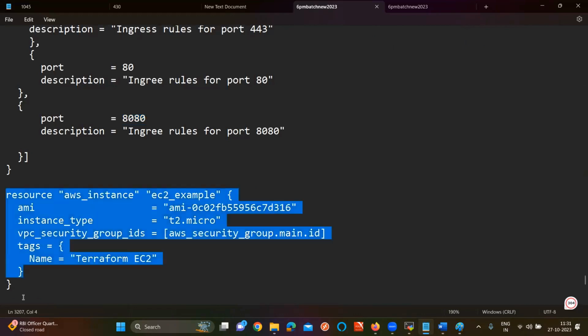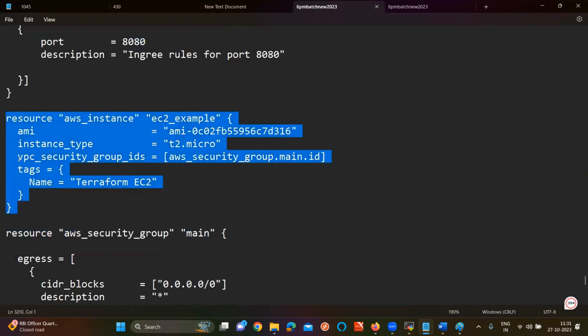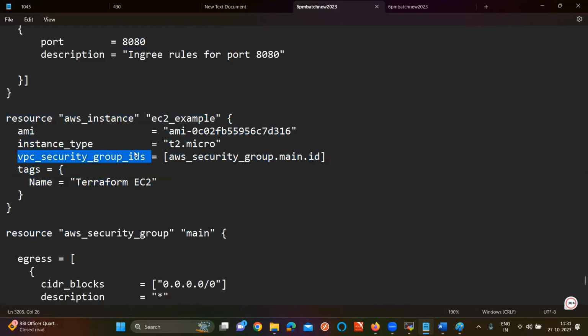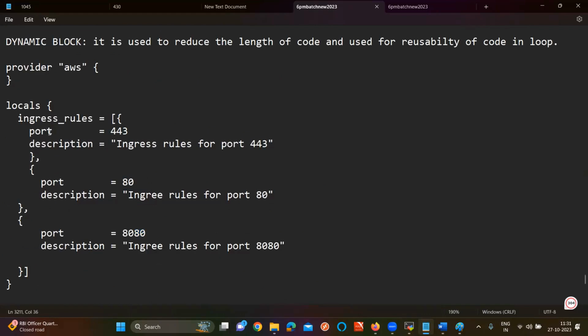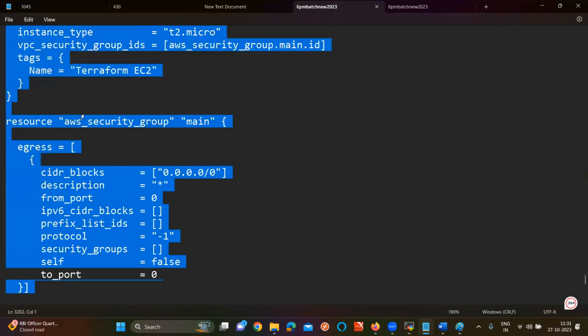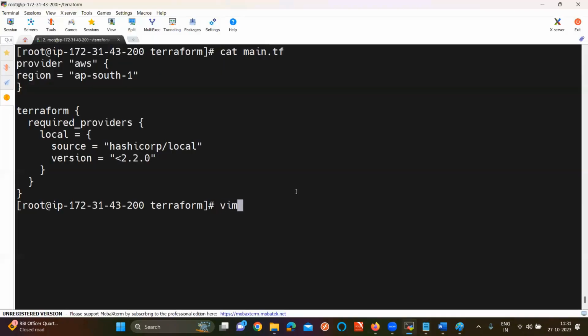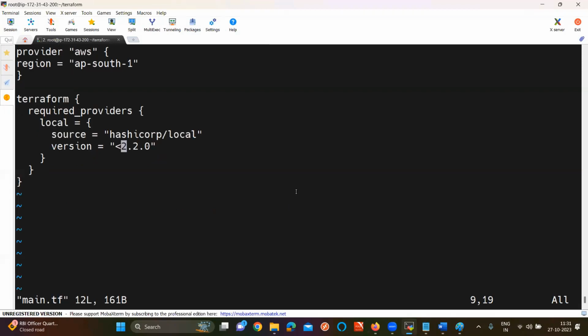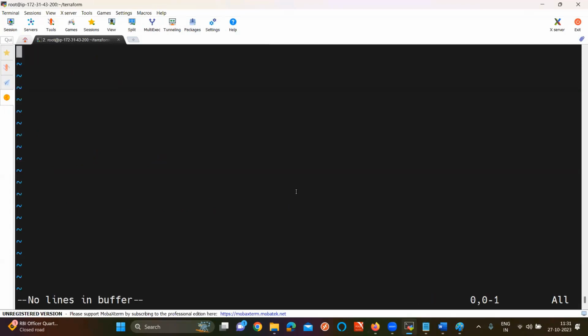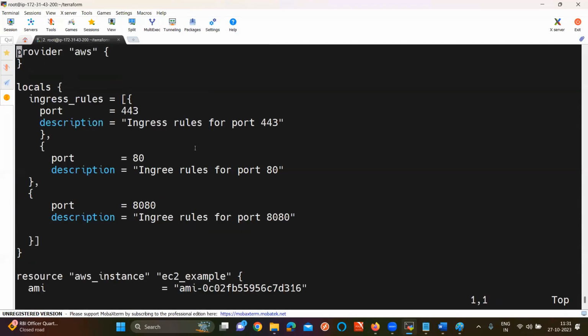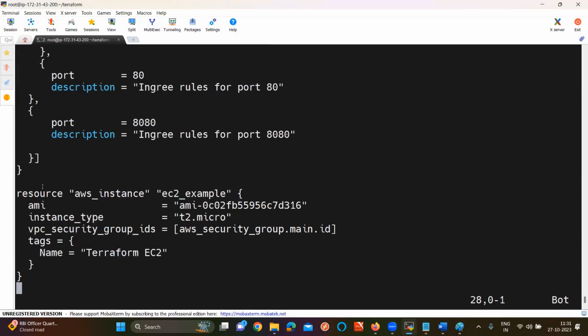Now it is the code for the EC2 instance. No need to explain. But here I am attaching the security group for my EC2. How am I attaching? I don't have a security group now, but whenever I execute the AWS security group with the label name main, this will give an ID. Take that ID and attach directly. So first of all, these two blocks I am going to write here, because this concept you need to understand block by block. Very lengthy concept. So first here, the local block as well as the resource AWS block.